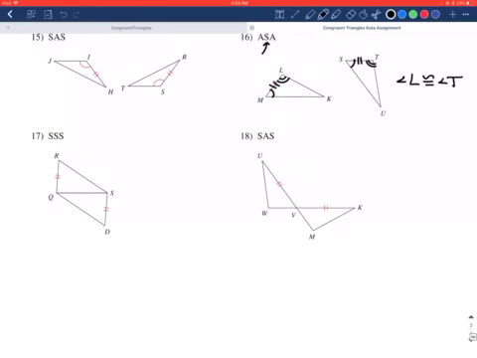And lastly, 17 is pretty easy. I'll do 18 with you. Side, angle, side. So here, all they gave us were these two sides. And they say, hey, figure out the rest. Well, we know with vertical angles that we do have an angle here, right? So technically they give us two things. And then lastly, how could we prove side, angle, side? Well, we have a side, we have an angle. We need that third side, and we need to make the angle in between. So that would have to be U and have to be K. So we would have to know that angle U